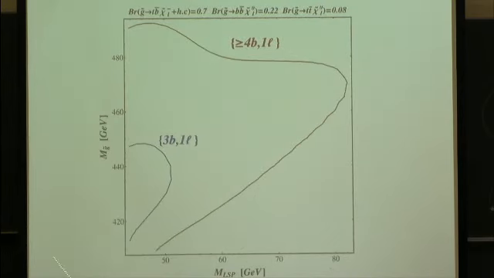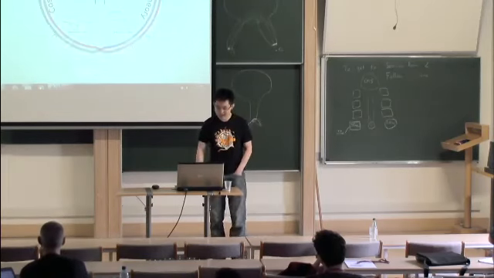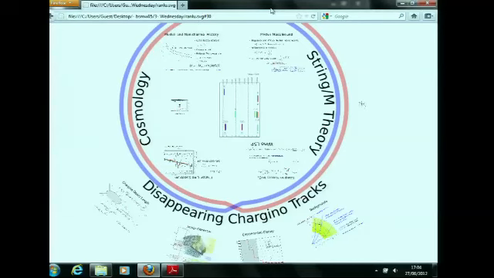This is a typical graph for a Wino LSP. Basically, you won't get anything from same-sign dilepton, and you will have some at the 1 lepton 4b. Okay, so this is the gluino search, and the last thing I'm going to talk about is the disappearing chargino